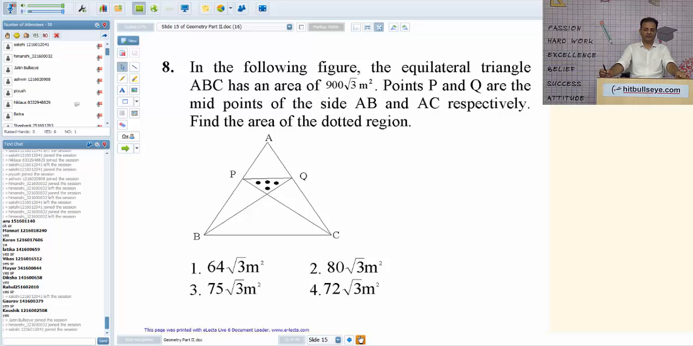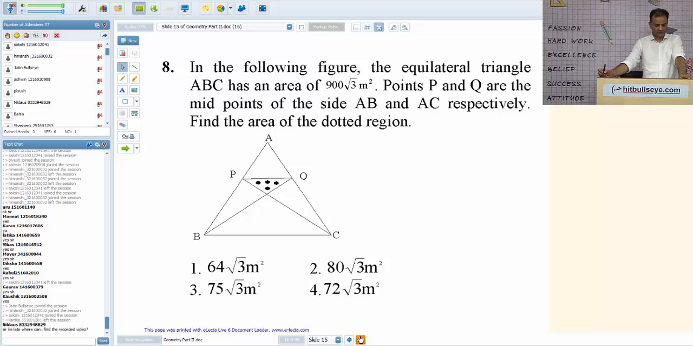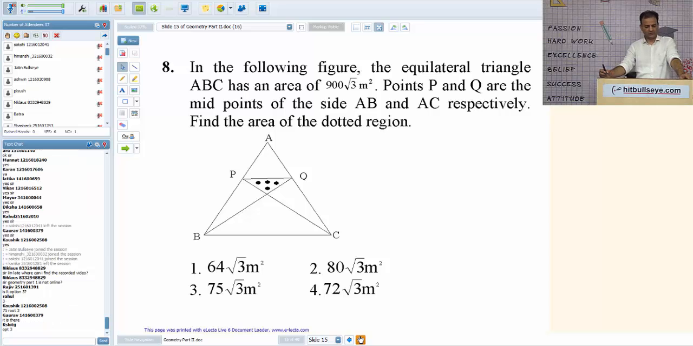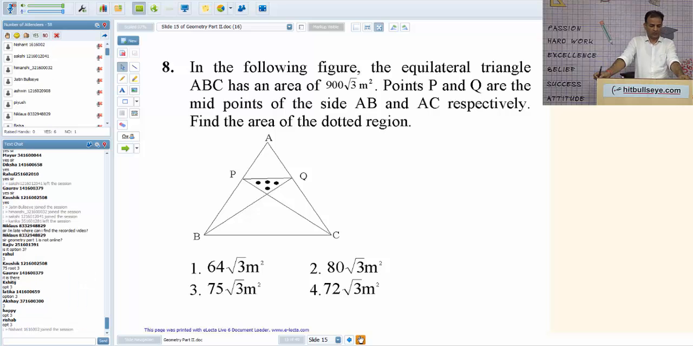I think that you are aware of the properties of an equilateral triangle, centroid and median. You can find this video on YouTube after 2-3 days. Those who have joined late can see this video on YouTube. So option 3, 2-3 students. Okay students, those who have given option 3 as an answer,